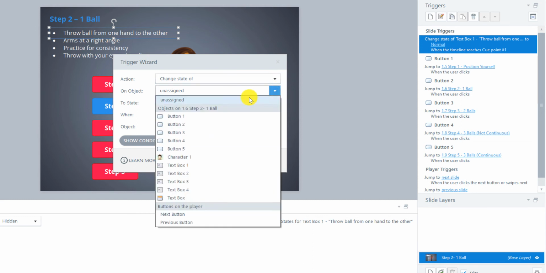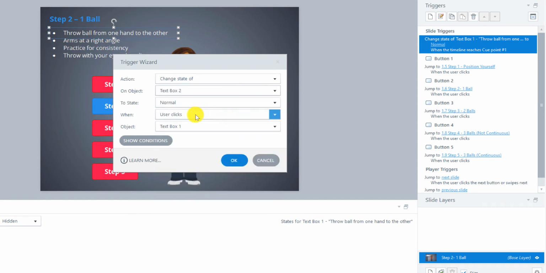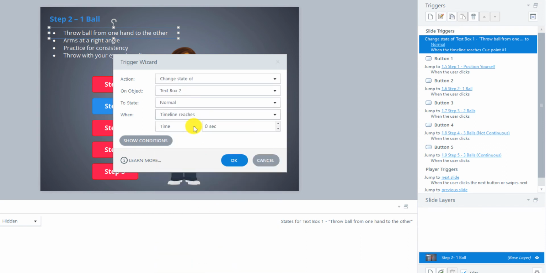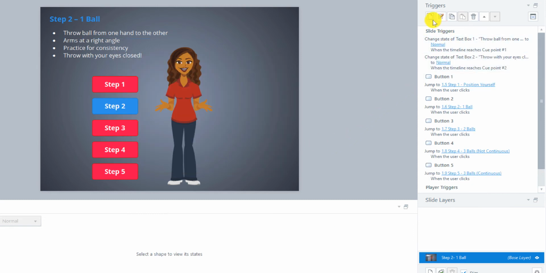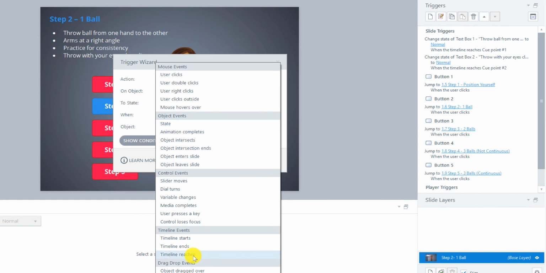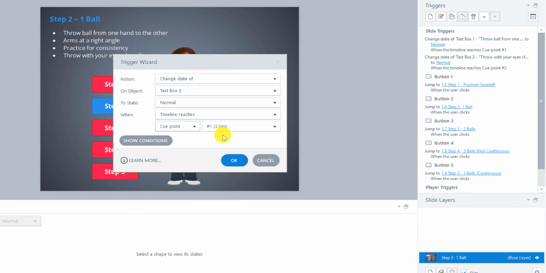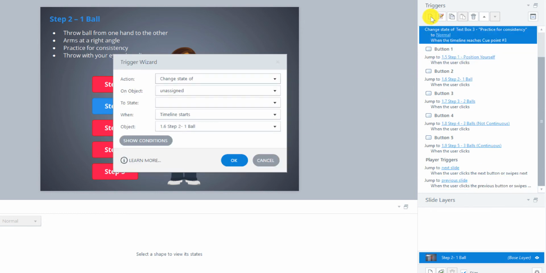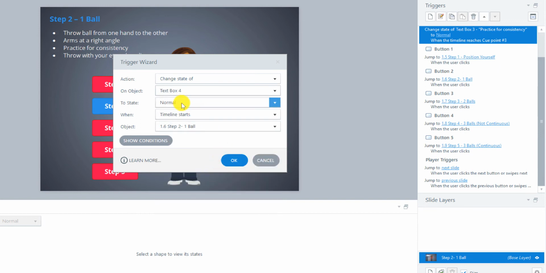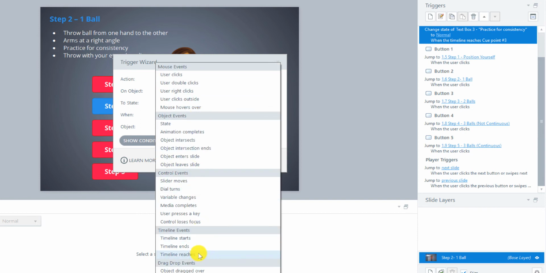Change the state of text box 2 to normal when the timeline reaches cue point 2. And the next one, change the state of text box 3 when the timeline reaches cue point 3. And the last one, change the state of text box 4 to the normal state when the timeline reaches